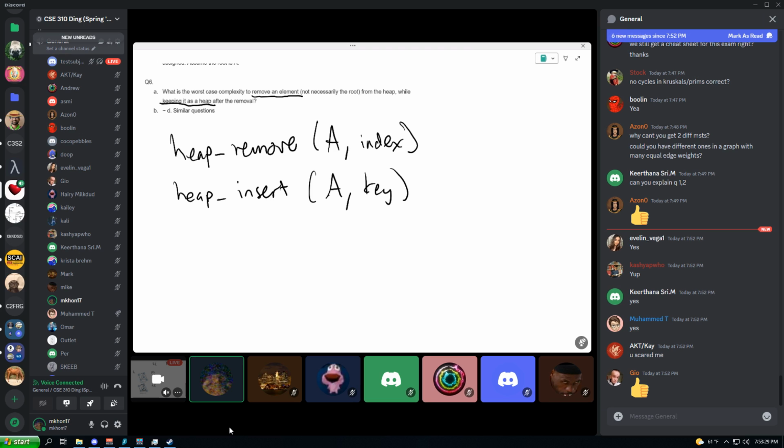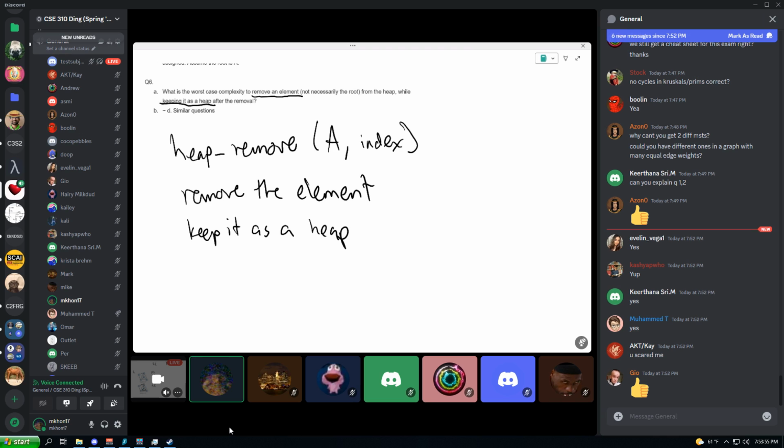So if that's happening, we're going to go ahead and assume that. First off, what are we doing? We're going to remove the element. Then we're going to keep it as a heap. We need to find the time complexities of each of these actions. Now, first off, if you're just going in a heap like this,